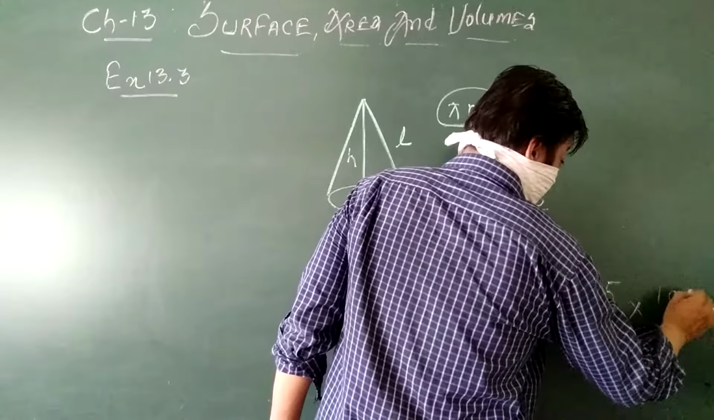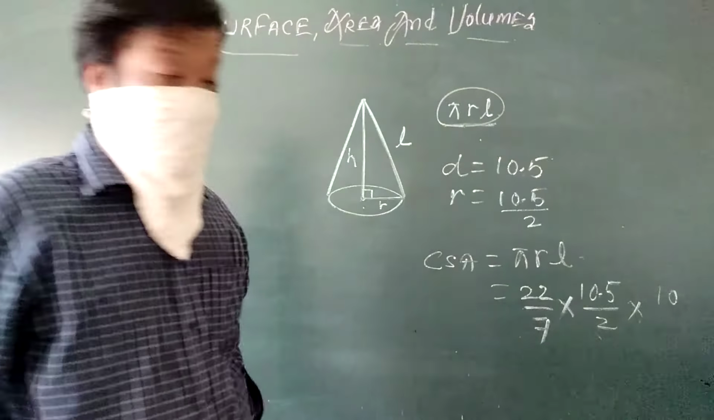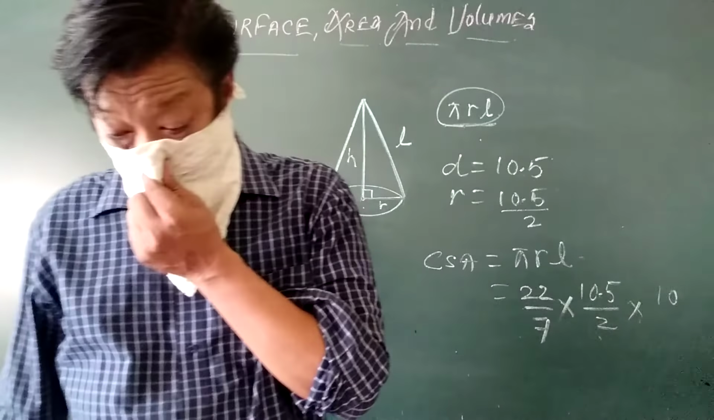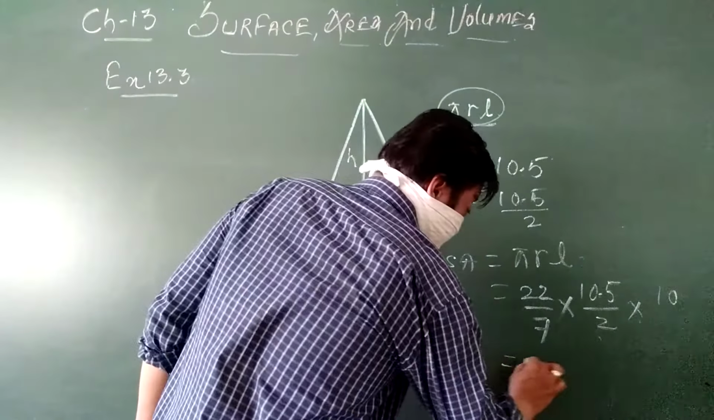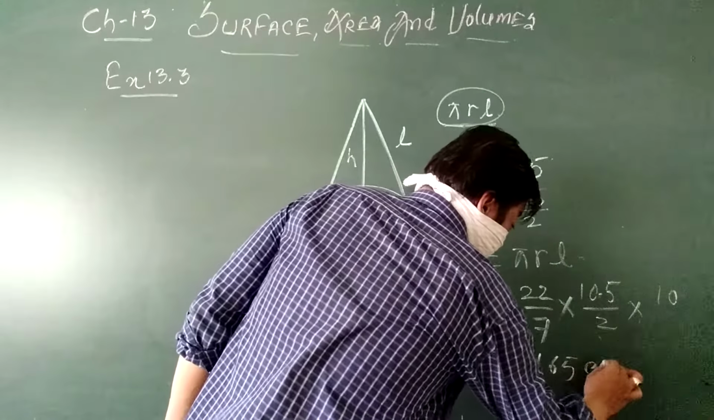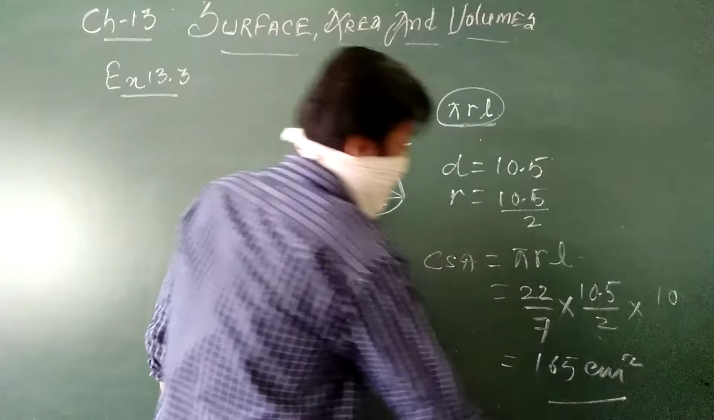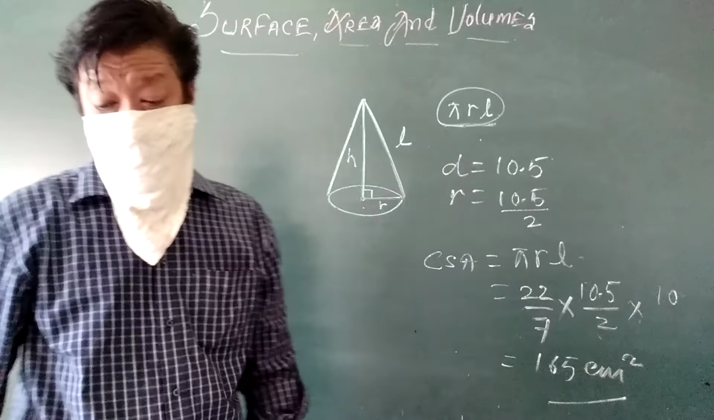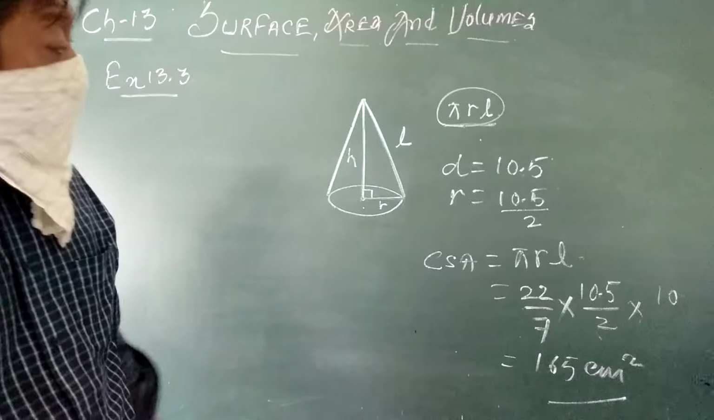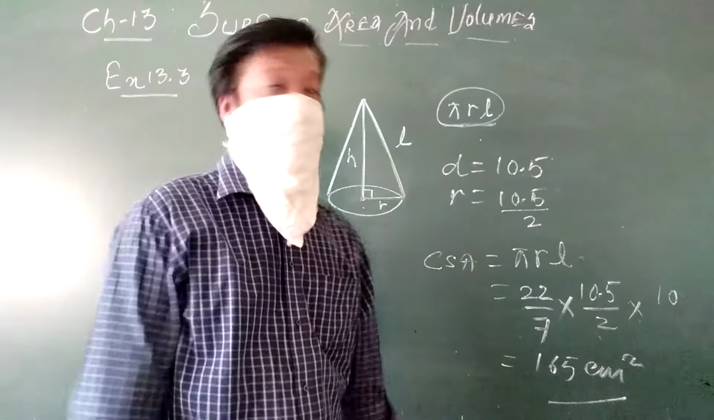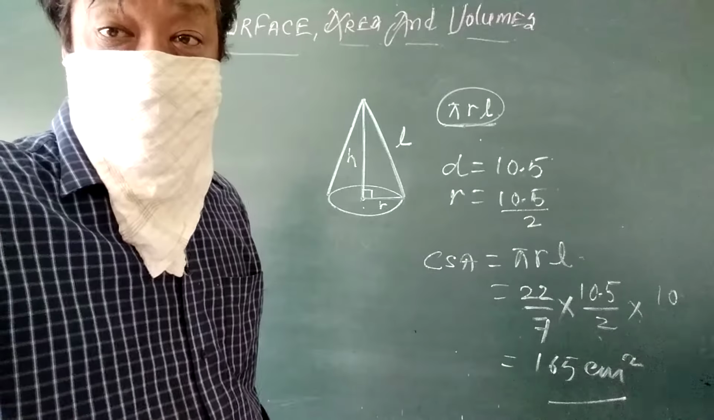By putting in these values, you can find the curved surface area. The curved surface area is 165 centimeter square. Fine. Thus, the curved surface area of the given cone is 165 centimeter square. Now, second one,